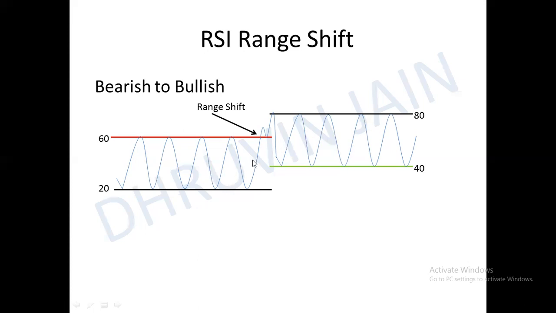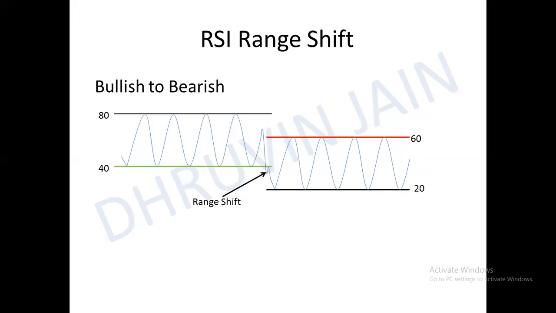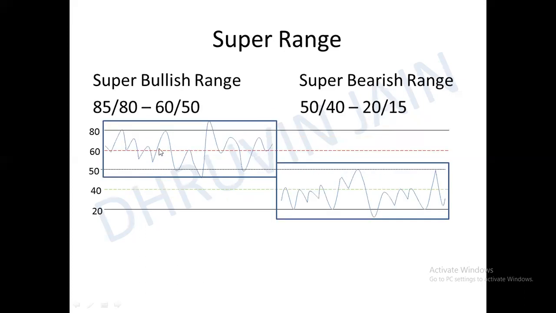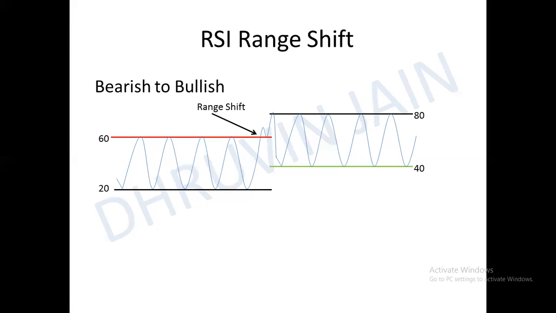This is just, remember, a textbook example. You won't see such beautiful, symmetrical curves in RSI. You will encounter something like this. Even this is a very textbookish structure, and this also is not necessarily a necessary thing. RSI will move in a very complex way. Although, for the sake of understanding and theory, I'll be covering what range shift is. Okay?